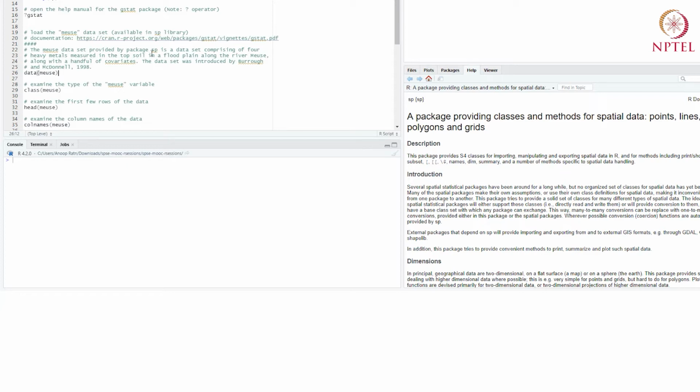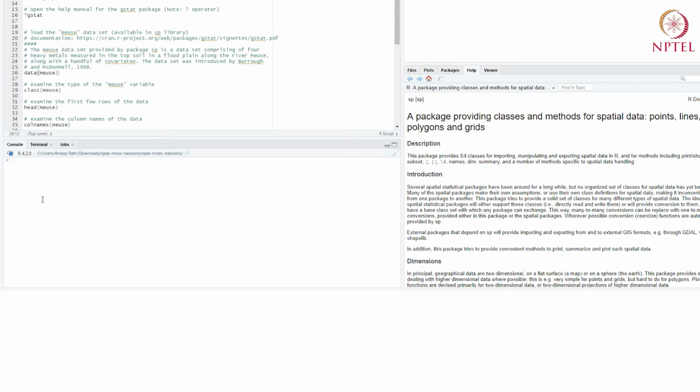But for now, we'll just use data that comes along with the sp package. This data set is called meuse. It's from some researchers, Burrough and McDonnell, from 1998, and it contains data about heavy metal concentrations along the river bed of a river called Meuse.